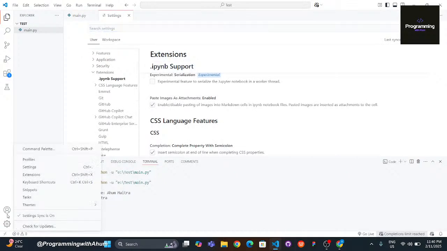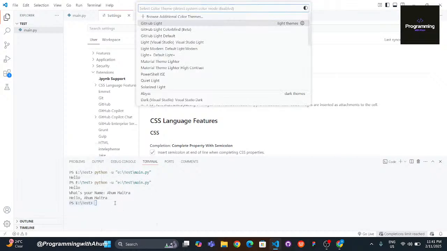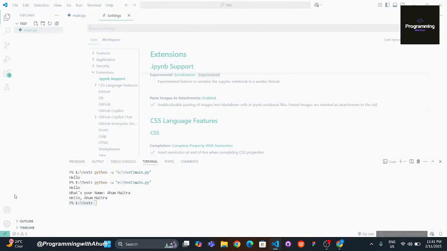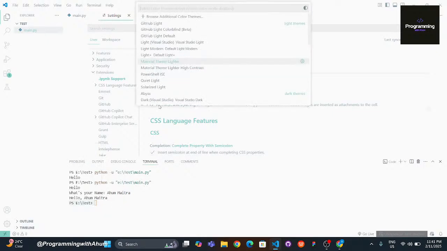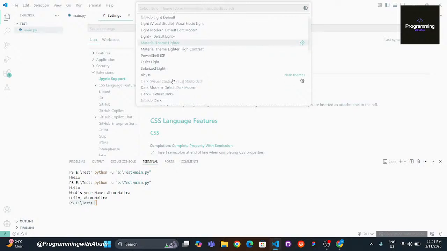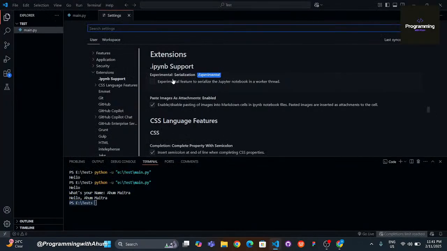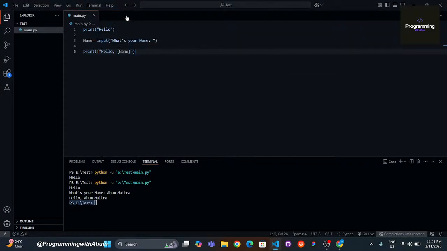Oh, themes, then color theme, then GitHub, then Light Plus, Material Theme Lighter. Why? Okay, color theme, Dark Visual Studio, GitHub Dark. Oops, yeah, I think that's good. Okay, here's a good theme. Next,